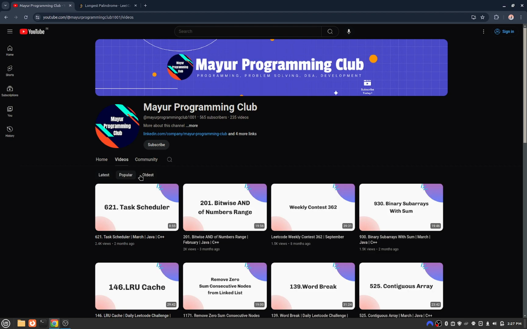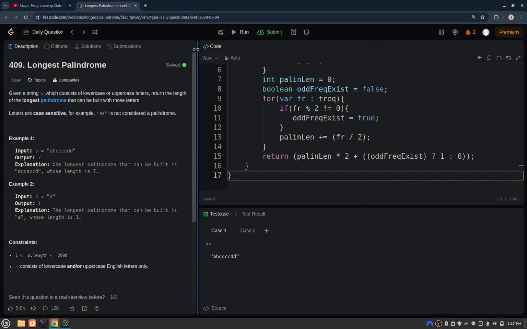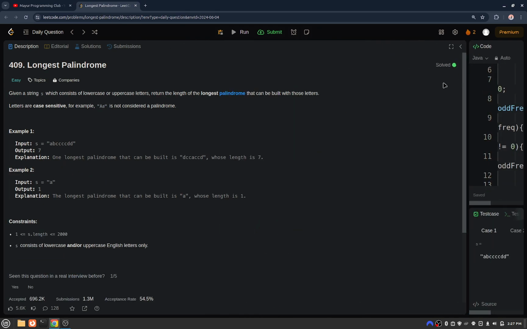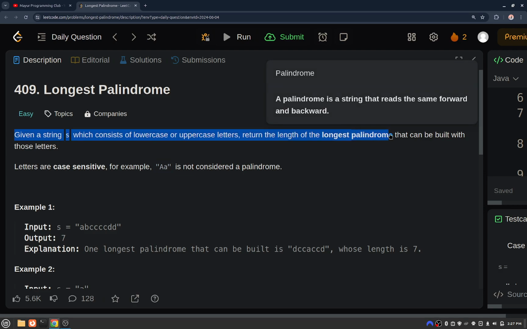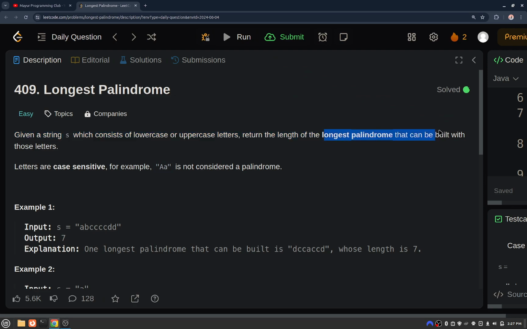Today we will be solving another daily LeetCode problem, and the problem's name is Longest Palindrome. You will be given a string s which will consist of lowercase and uppercase letters, and you have to return the length of the longest palindrome that can be built with those letters. Okay, so